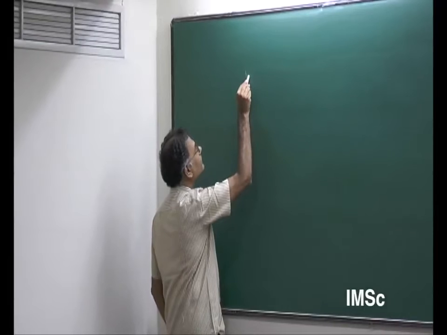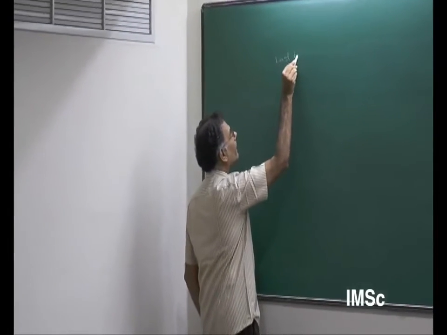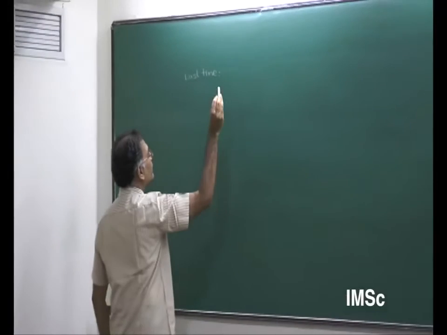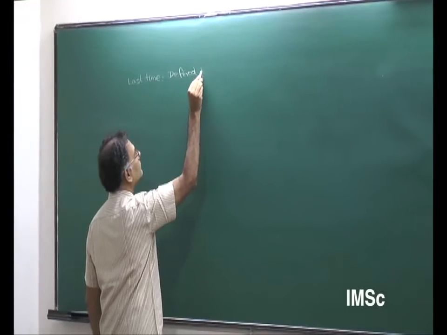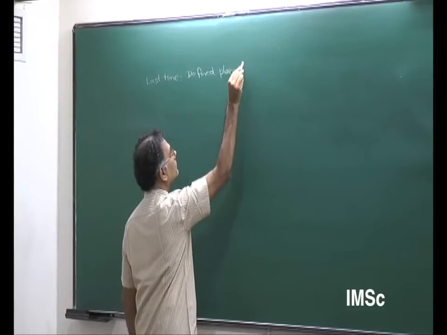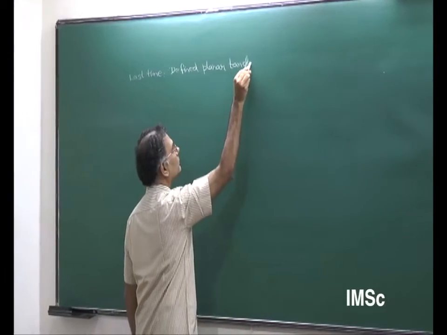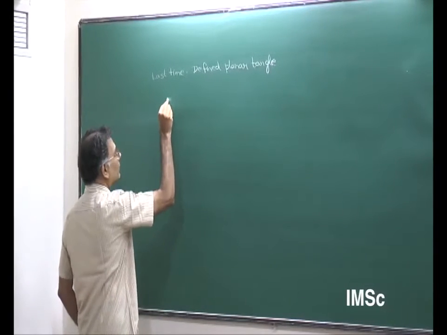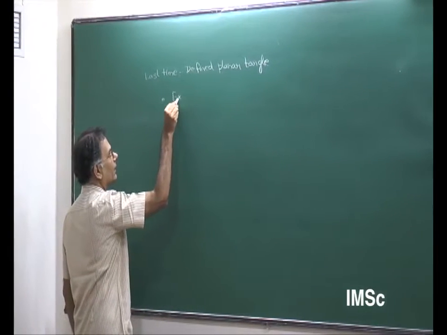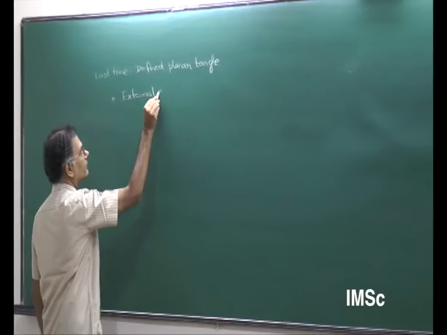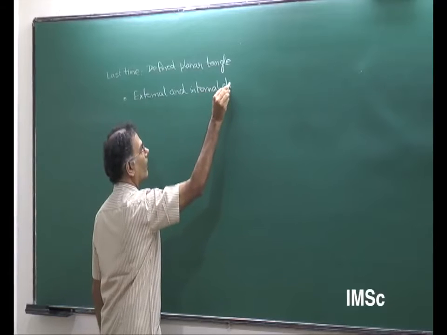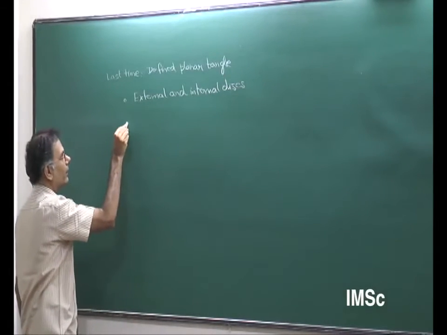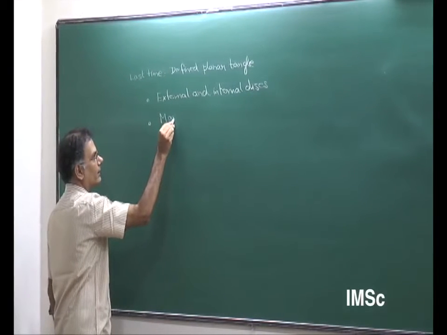Last time all we did was to define a planar tangle. And this is an object in the plane which had 5 features. So I'll just remind you quickly: external and internal disks, then there were marked points on these disks,